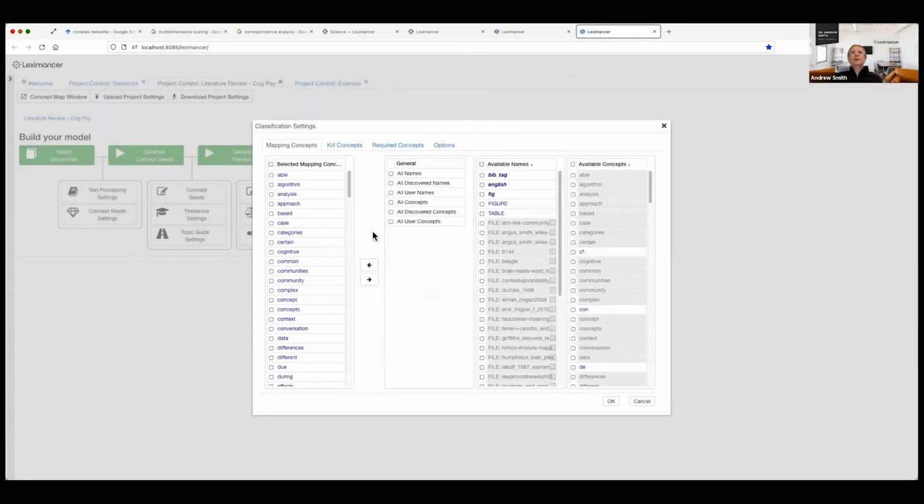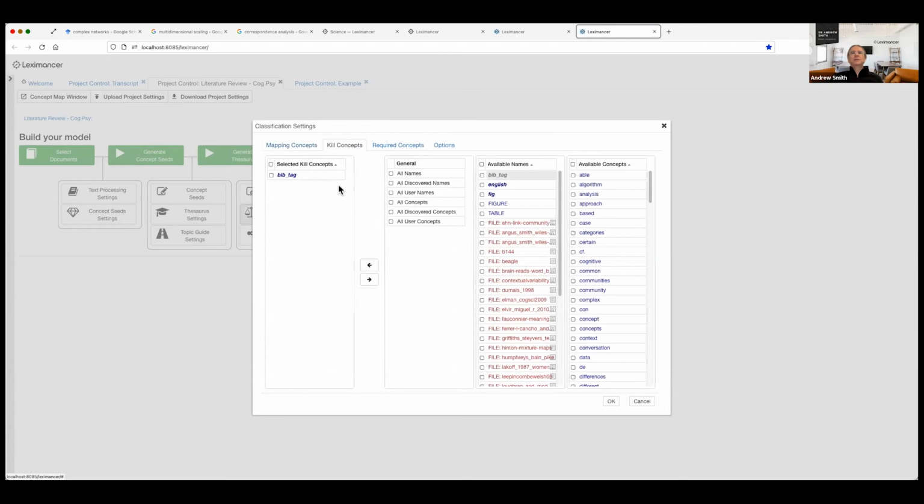So I go to concept coding settings, and I go to a thing called kill concepts. Don't use kill concepts unless you're comfortable with what they do, because if you use a kill concept, you will remove data from the model. Like whole paragraphs of text will disappear based on this filter. So I've told it to filter text segments that have one of my bib tags in: vol, pp, volume. So any citations that have those three terms in will get filtered out. They won't contribute anything to the model. The name of the article won't be coded.